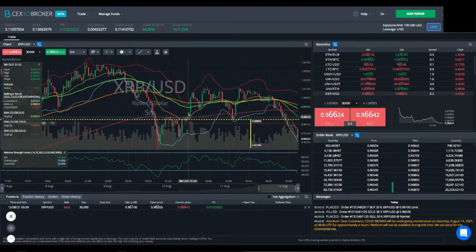But as you can see, this is how this M pattern, or the double top pattern, plays out. You wait for the neckline, wait for it to break, let it come up and confirm